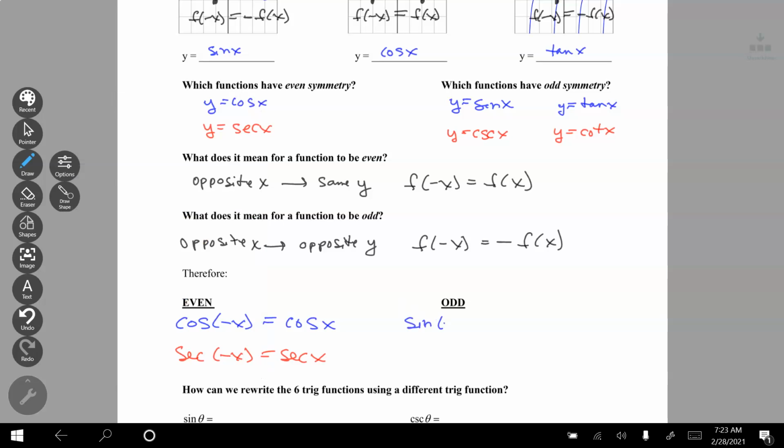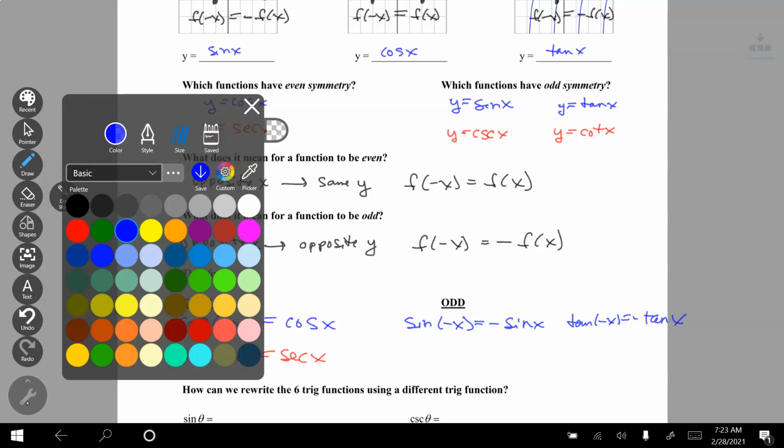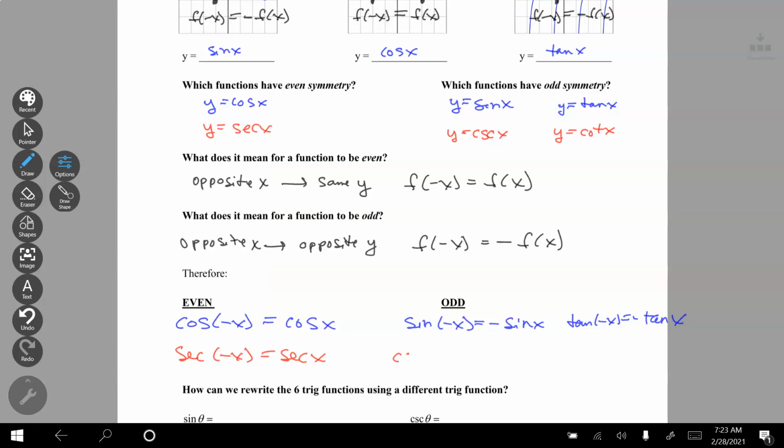Sine is going to be odd, so sine of negative x is going to equal negative sine of x, and tangent of negative x will equal negative tangent of x. And then conversely, cosecant of negative x will equal negative cosecant of x, and cotangent of negative x is going to be negative